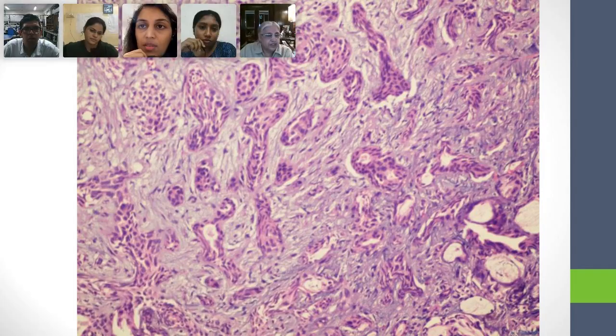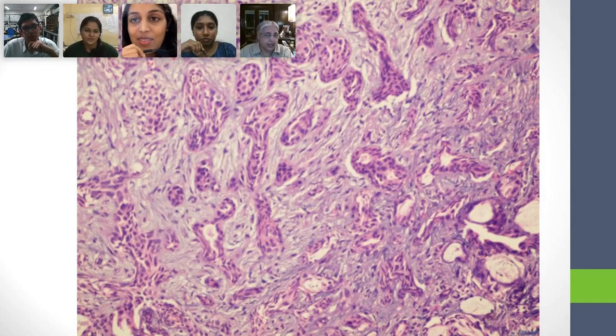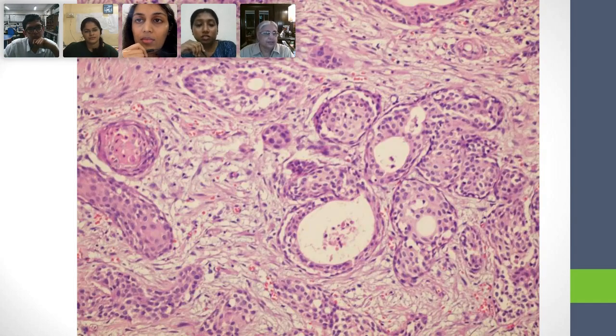You've never seen crush artifact in your life? This is an artifact in tissues, and it's either crush or it's a burn. That means a laser or something else has been used to cut this. So we have to discard it because we can't see anything of use in those areas. It's not dysplasia. It is not anything like that. This is an artifact from the previous surgery.